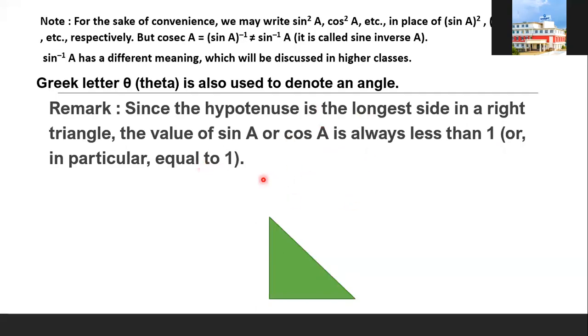This point you remember. Now the reciprocal. For example, if cos A is 1 by 2, what about secant A? The reciprocal will be 2 by 1. That will be more. I'm talking about sine, cos and tan. Sine and cos will always be less than 1. The reciprocals of sine A and cos A will be more, because the proper fraction's reciprocal will be improper. Am I clear, children? I hope I'm clear to everyone. Yes, ma'am.